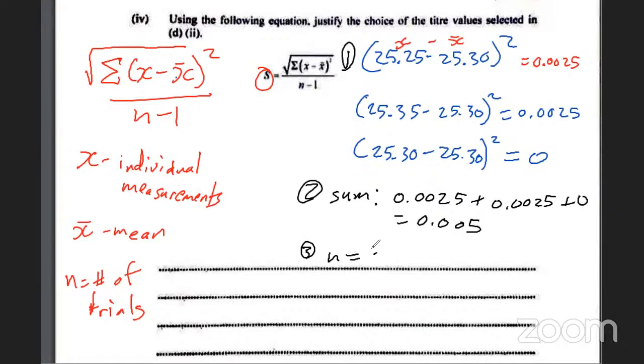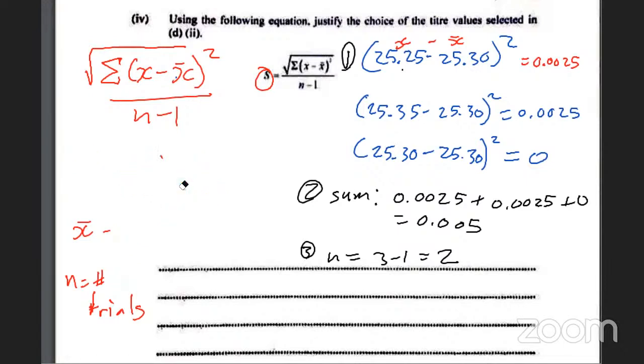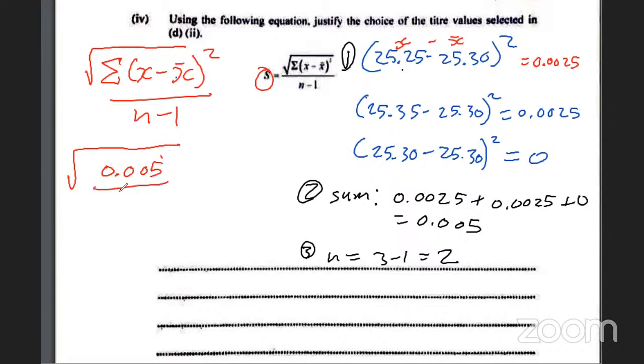N is equal to 3 minus 1 because we used 1, 2, 3 data points. N is 2. So once you do that now, you're going to take the square root of 0.005 divided by 2. Final answer is